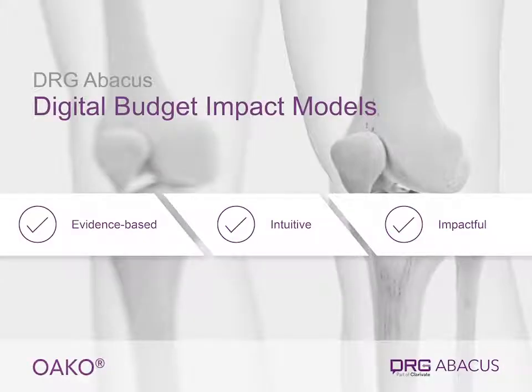Digital budget impact models are an essential part of your market access toolkit, enabling you to demonstrate the economic value of your product to your customers in person or via virtual meetings. We combine the expertise of our in-house specialist teams to ensure your communication tool is evidence-based, intuitive, attractively presented, and commercially relevant. Today I'm going to show you how DRG Abacus approach digital budget impact models